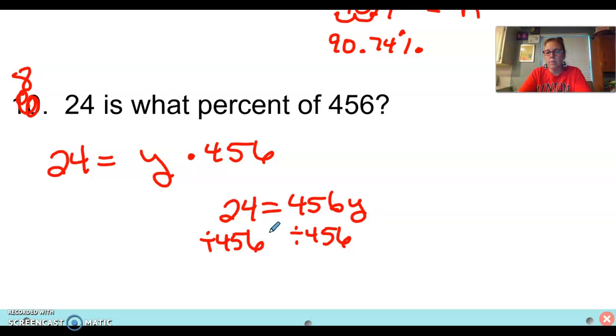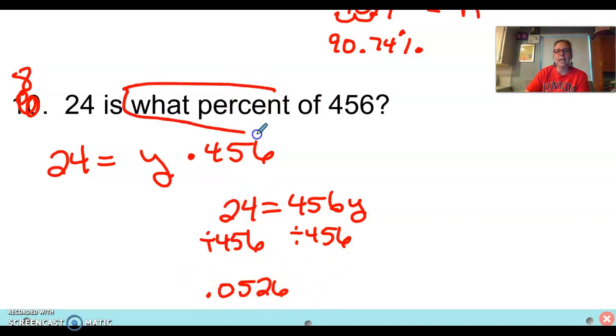24, oops, I put it in wrong. 24 divided by 456 is 0.0526. I'm going to round it off there. All right. Now remember, you have to make it into a percent. It's a decimal right now. So then we move it 2 places to the right. So it's